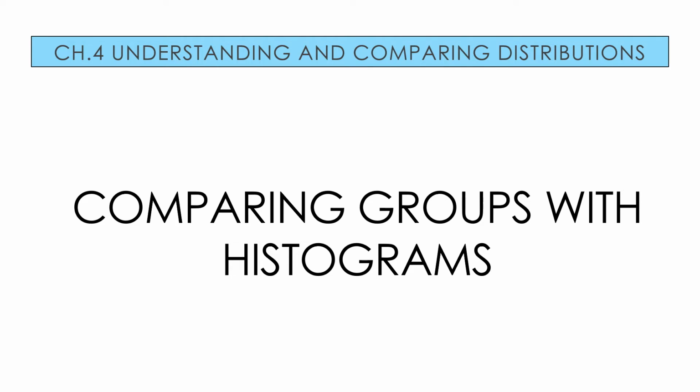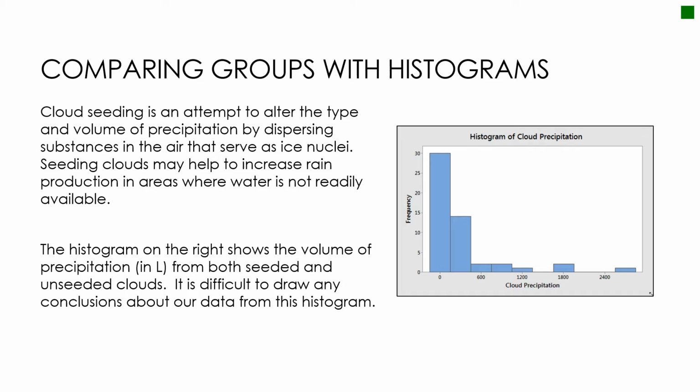This is our first video for Unit 2. Unit 2 is all about comparing groups, as well as a great introduction to the normal model. So we first want to look at comparing groups with histograms, and we're going to look at this example on